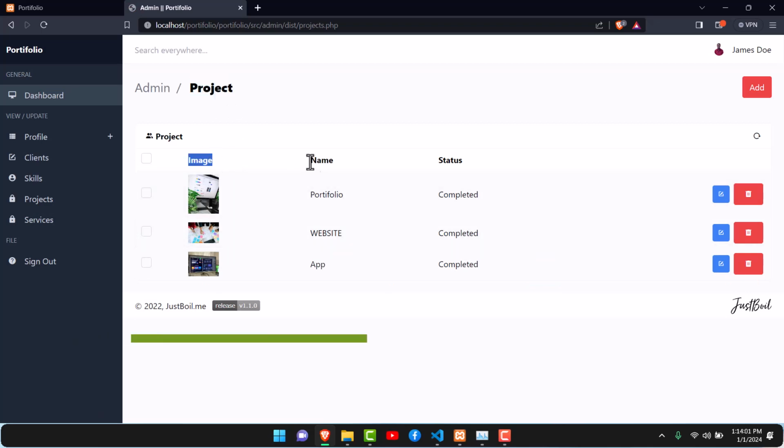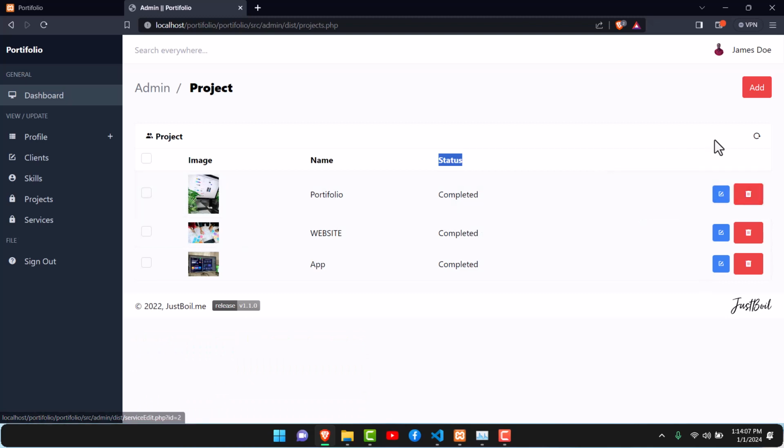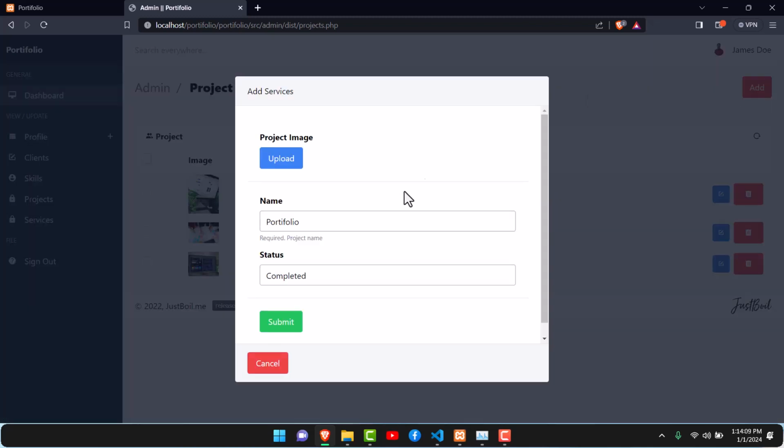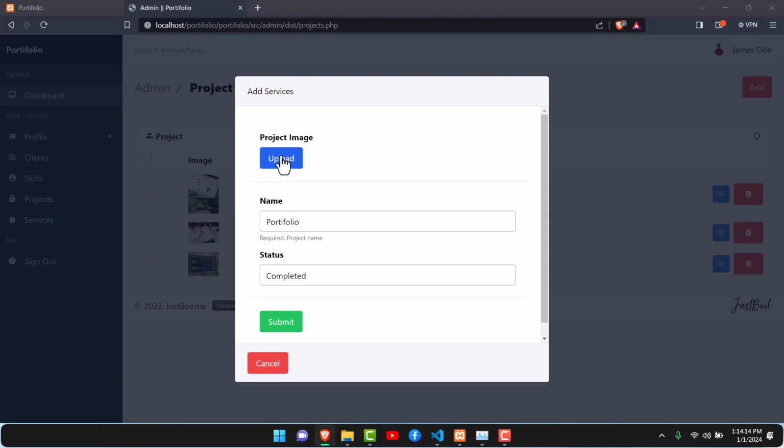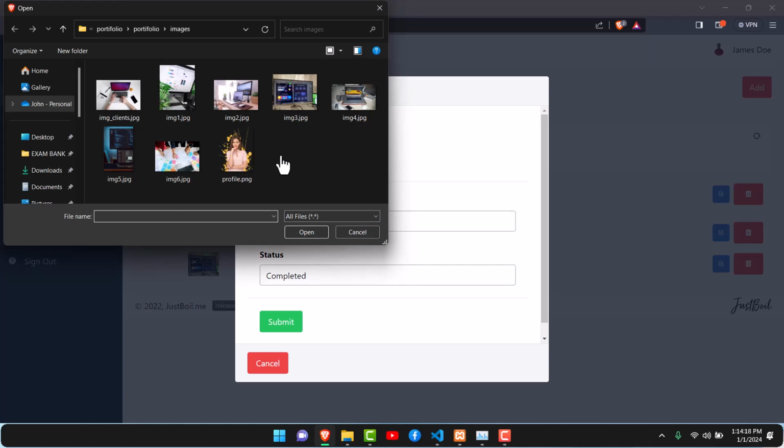We're having an image, the name and the status. So here we can edit these, we can delete, and we can also add a new one. So let's add a new project. For example, I will need to start with an image. Let me try to grab an image from here. Let's say this one,